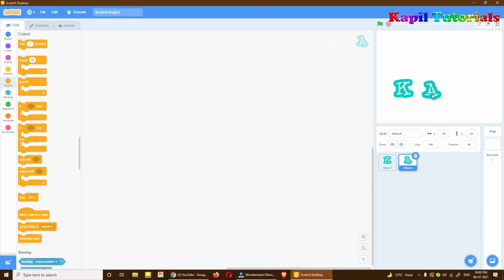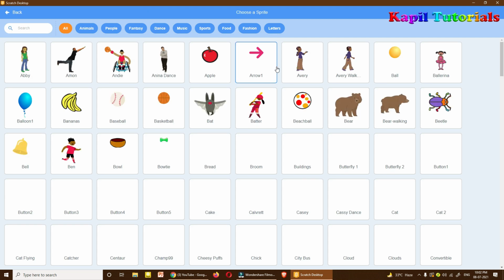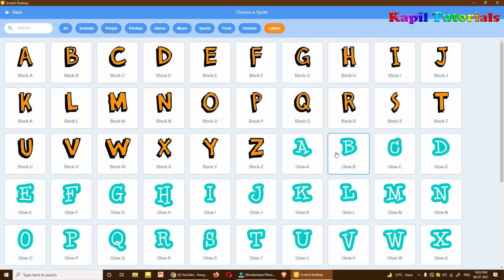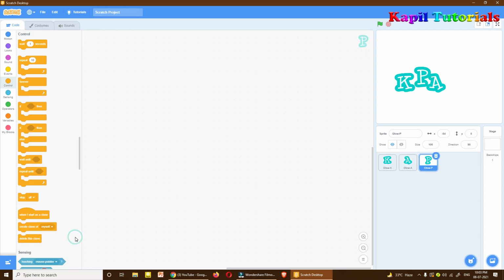And then I can add my third sprite. Again the same process, letters, and then the third letter. Okay, so now I have all three letters.